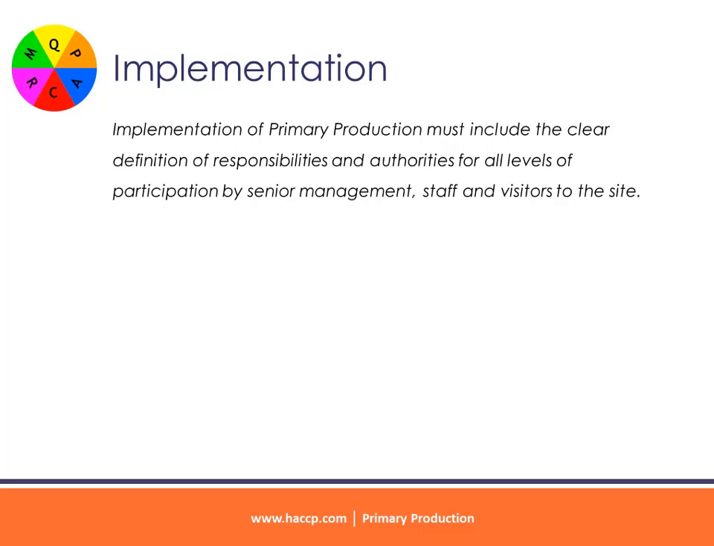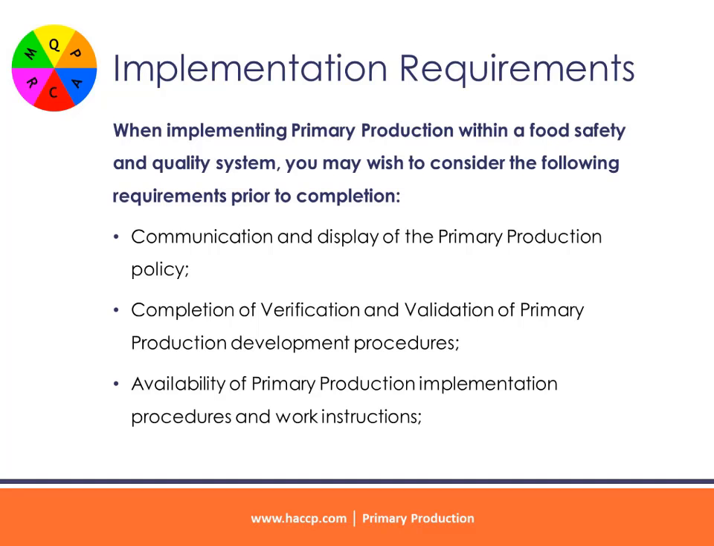business. Implementation of primary production must include the clear definition of responsibilities and authorities for all levels of participation by senior management, staff and visitors to the site. When implementing primary production within a food safety and quality system, you may wish to consider the following requirements prior to completion: communication and display of the primary production policy, completion of verification and validation of primary production development procedures, availability of primary production implementation procedures and work instructions,